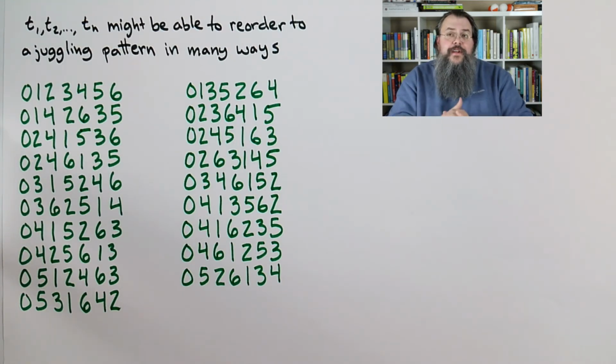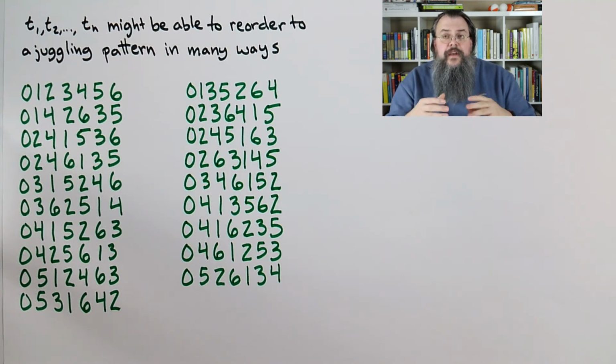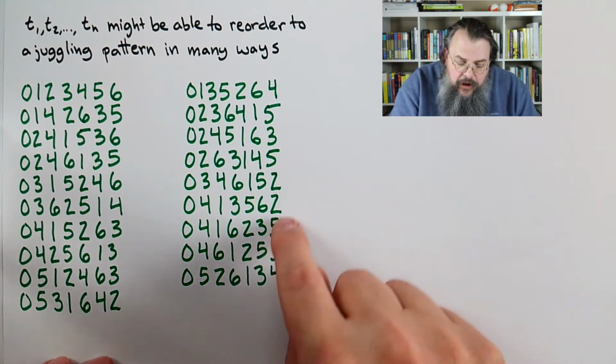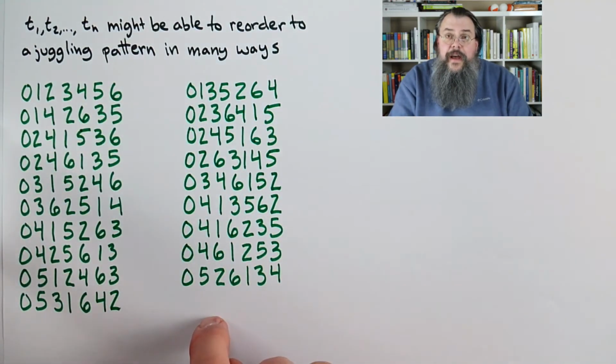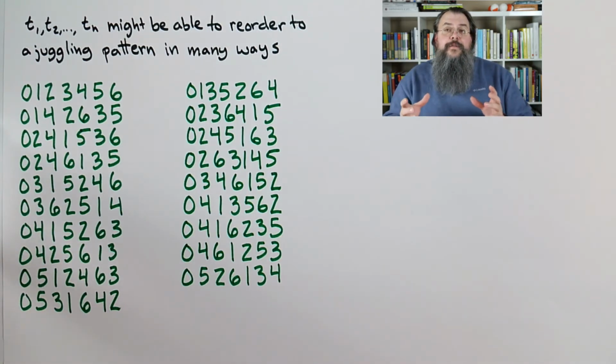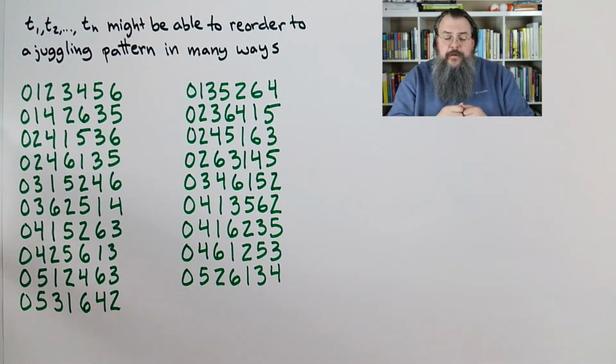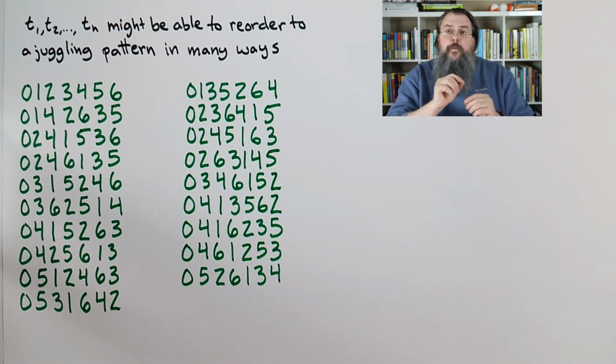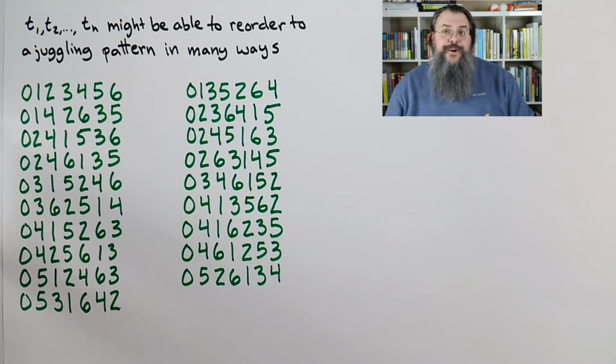Well, if you take those 7 numbers and you ask, can they be rearranged? Well, the answer is yes, because the average is 3. And, well, it turns out that all of these patterns here are valid juggling patterns. And all of them are rearrangements of the numbers from 0 to 6. And no repeats. They're all distinct, which is to say none of them is a cyclic shift of the others. So you can see that even with just a handful of throws, it's possible to rearrange in many, many different